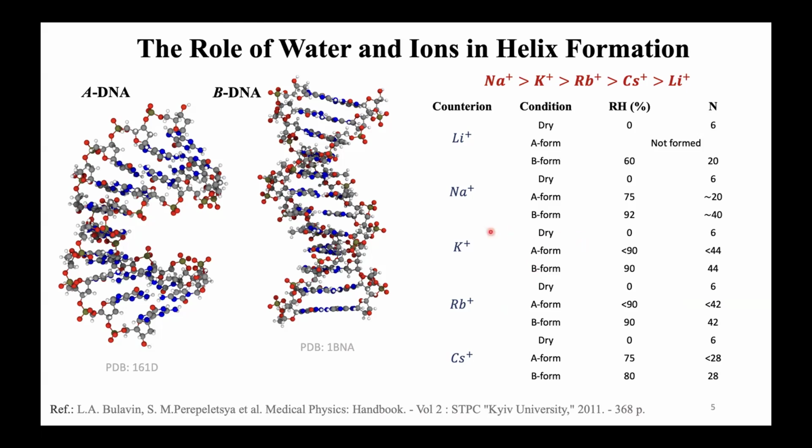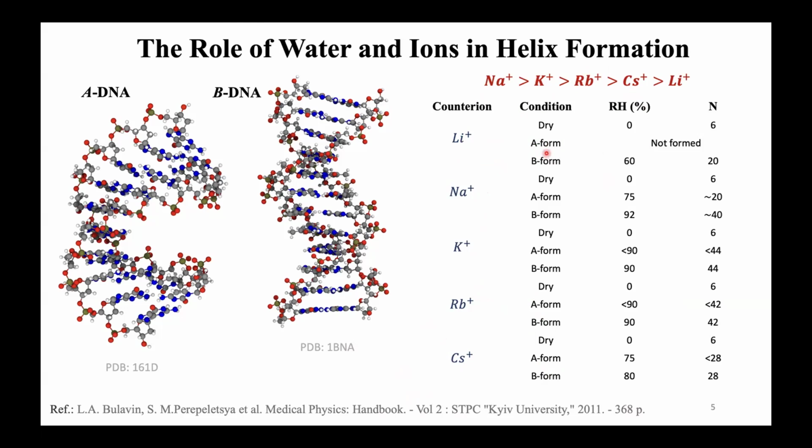An interesting fact is that the number of water molecules needed significantly depends on the type of ions present in the experimental sample. Here on the slide, you can see the images of the A and B forms, which I took from the Protein Data Bank. In the table on the slide, you can see the summarized known data, where a list of alkali metal ions is shown: lithium, sodium, potassium, rubidium, and cesium,